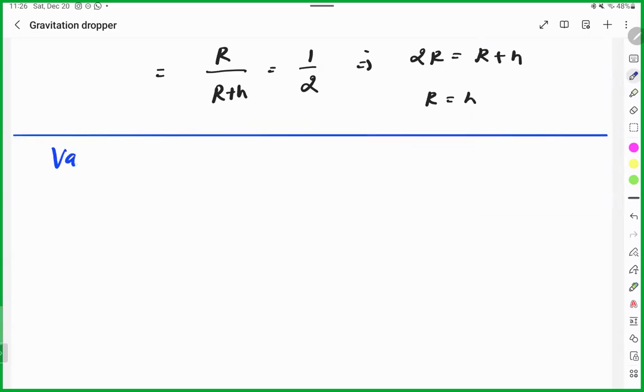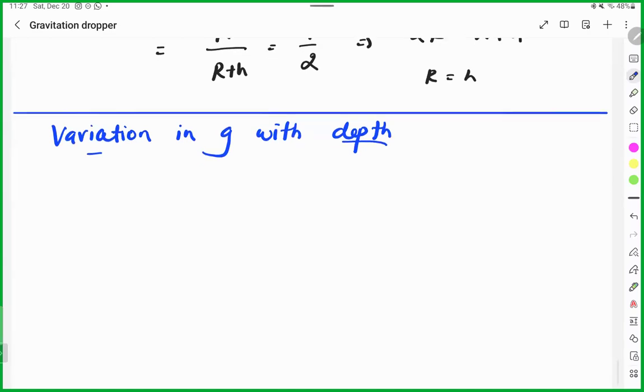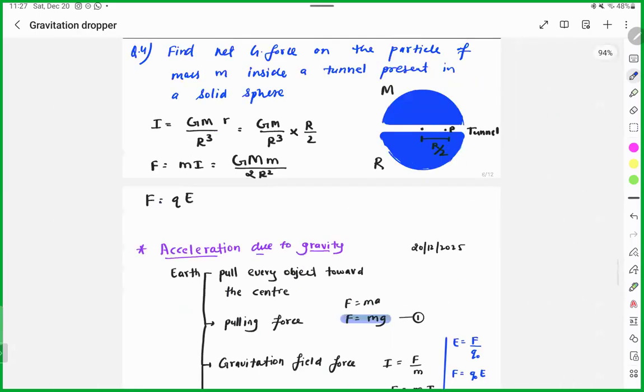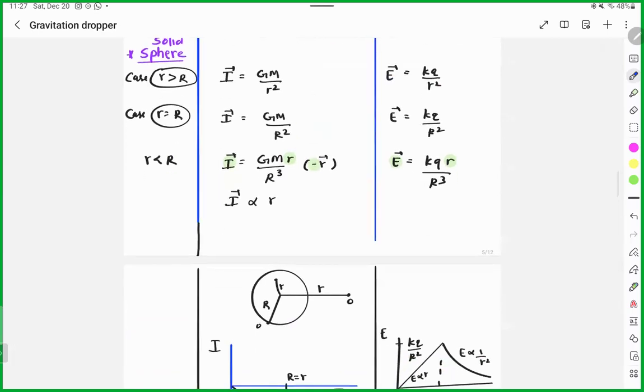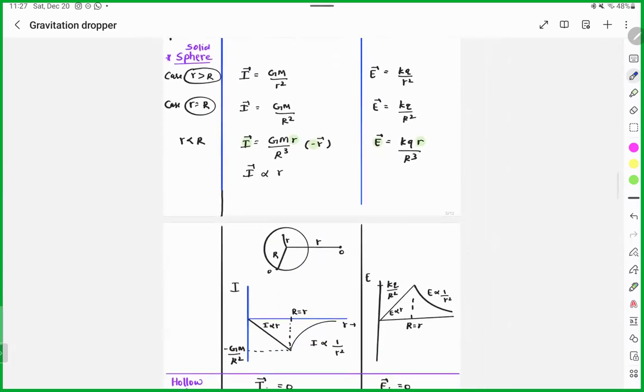Variation in g with depth. It means inside the Earth. Correct? So, for example, here you can take it in two ways. You can take the density form or you can take the R form. It's your choice how you want to take. But you know how we did in the last class, where is the comparison? Hollow sphere, solid sphere. So if you see this solid sphere,